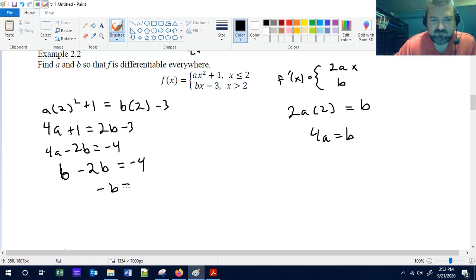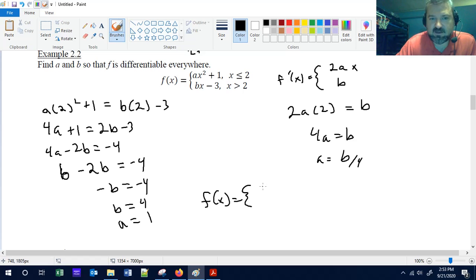And so I'm going to use that, and I'll just replace 4a with the letter b. And I get a negative b equals negative 4, so b equals 4. I'm just solving a system. I got a little lucky when I had a 4a there. Usually you have to put the 4a in here for b, but I can do that, right? And so since 4a is equal to b, then a is equal to b divided by 4, so a must equal 1. So our equation then would have to be x squared plus 1